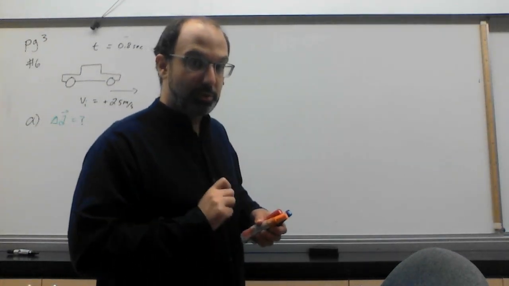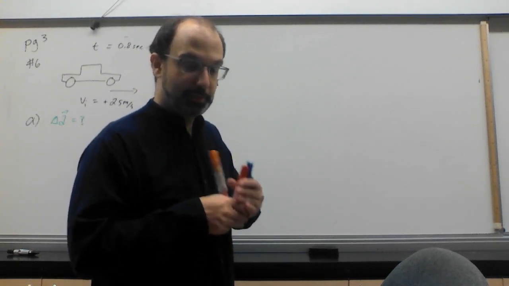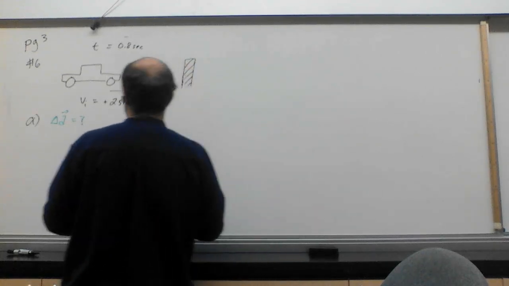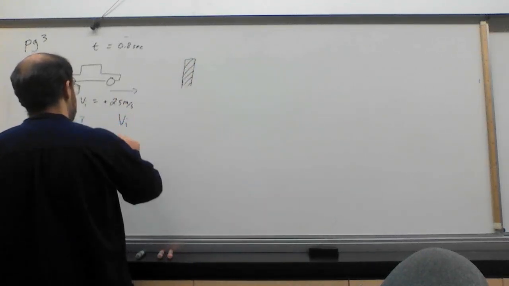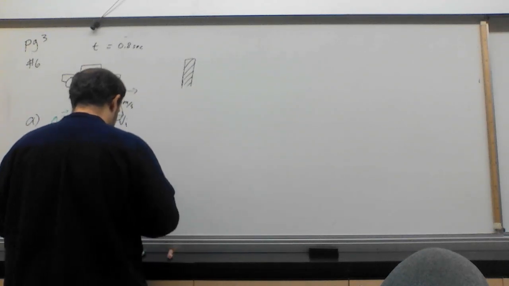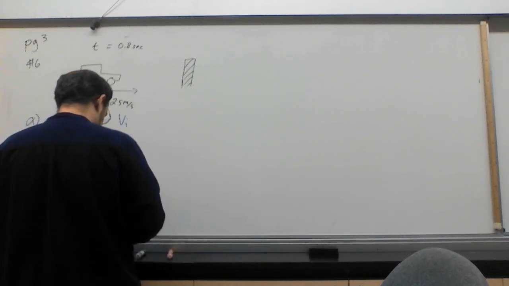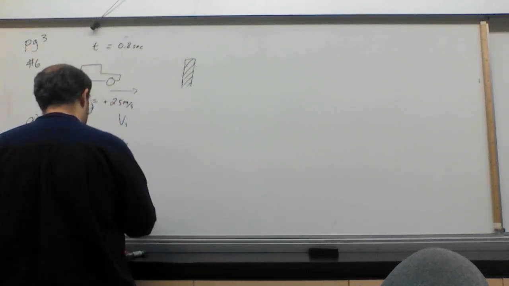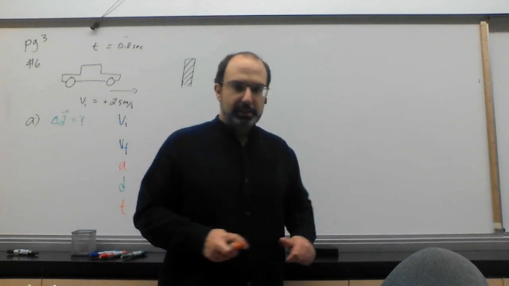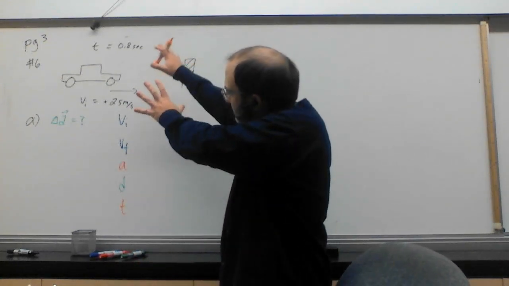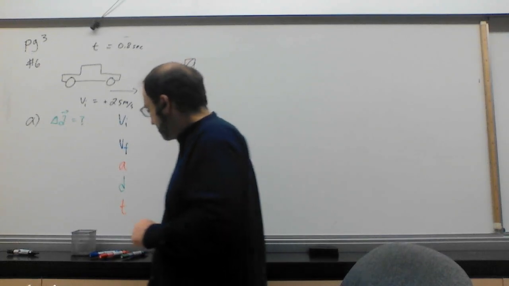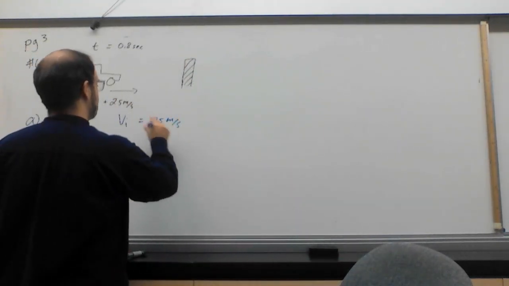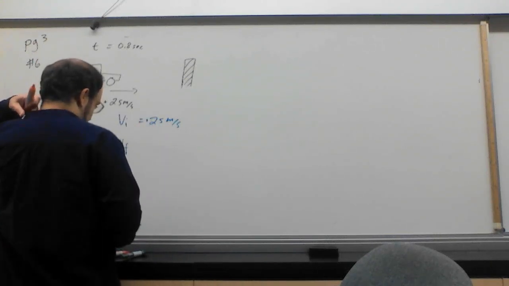With all of these questions, we're going to want to find the same 5 variables. So let's start writing out our variables. We've already drawn our picture. Pictures are very helpful. You're going to want to do that. Our variables are VI, VF, A, D, and of course, T. Now, we're going to collect our information and we're going to put it in. Well, we know that the initial velocity of the car was 25 meters per second. The final velocity of the car,